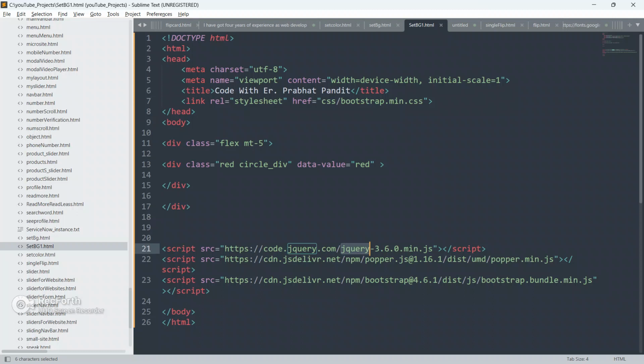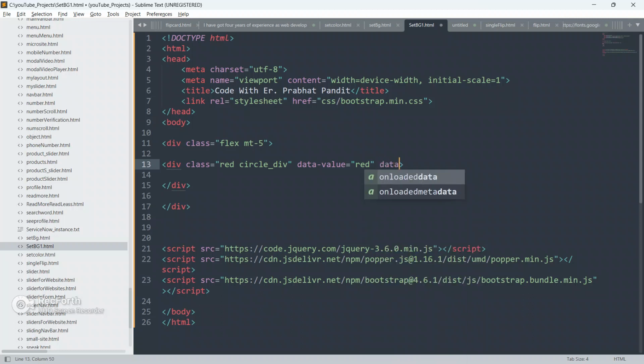Paste it here. As you can see, this CDN link is for jQuery, and this CDN link is for Bootstrap modals, popups, tooltips, and this is the JS for the Bootstrap bundle. So nothing fancy here. Now let's go to the code and start writing.